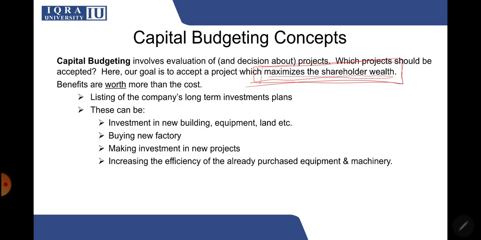So only if a project is profitable, feasible enough will it be undertaken. So, the listing of the company's long-term investment plan. Basically, capital budgeting is dealing with long-term investment plans, and these can be, for example, investing in new buildings, equipment, land, maybe buying a new factory, making investment in new projects, or increasing the efficiency of the already purchased equipment and